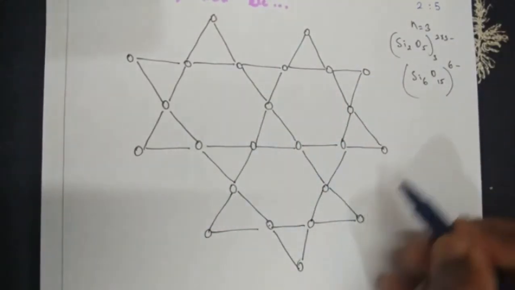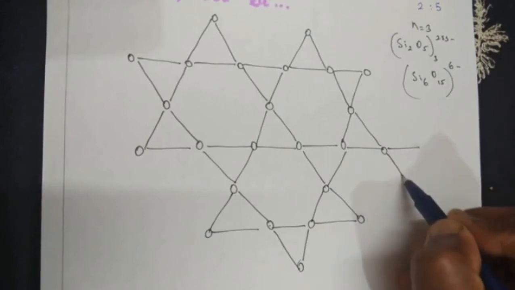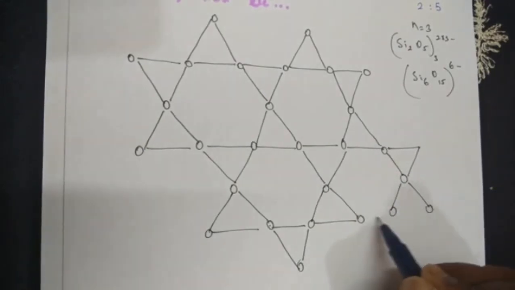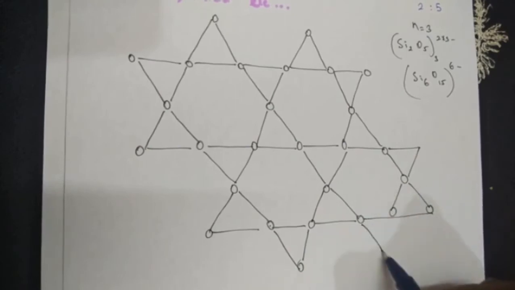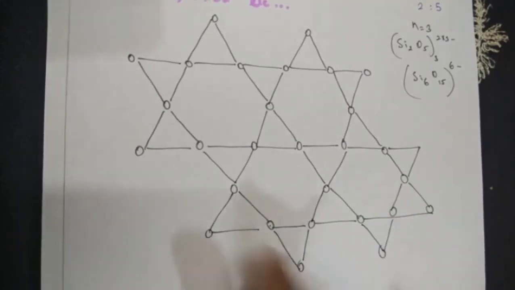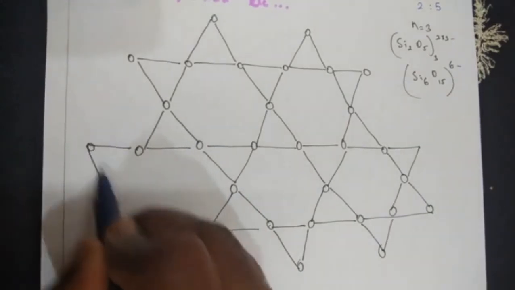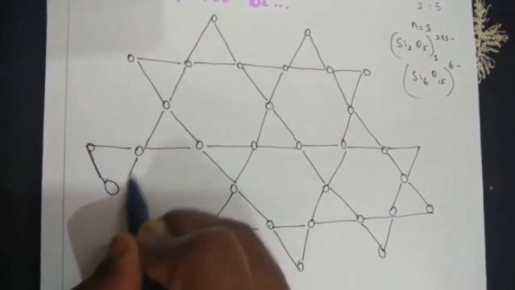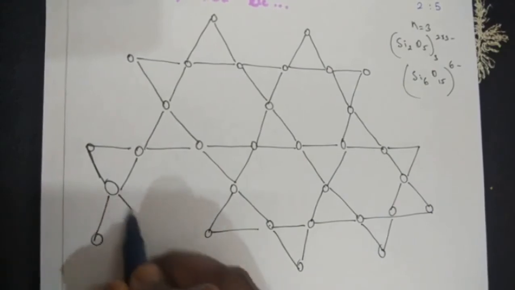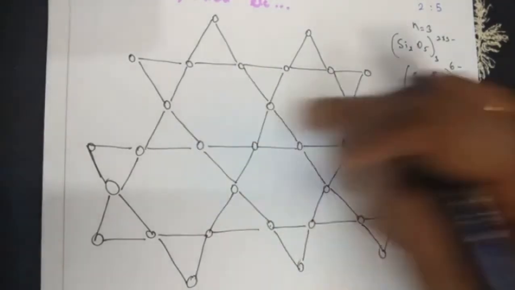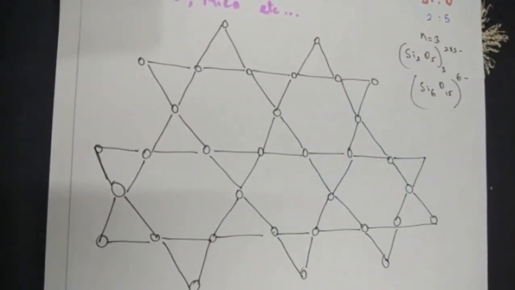Now if you look at this structure, similarly, draw one more unit here. So if you join them, you can have one structure here. Coming back here, already you have one unit here. Oxygen there. Oxygen. Combine it. One here, another oxygen. So you can just extend the number of units here.